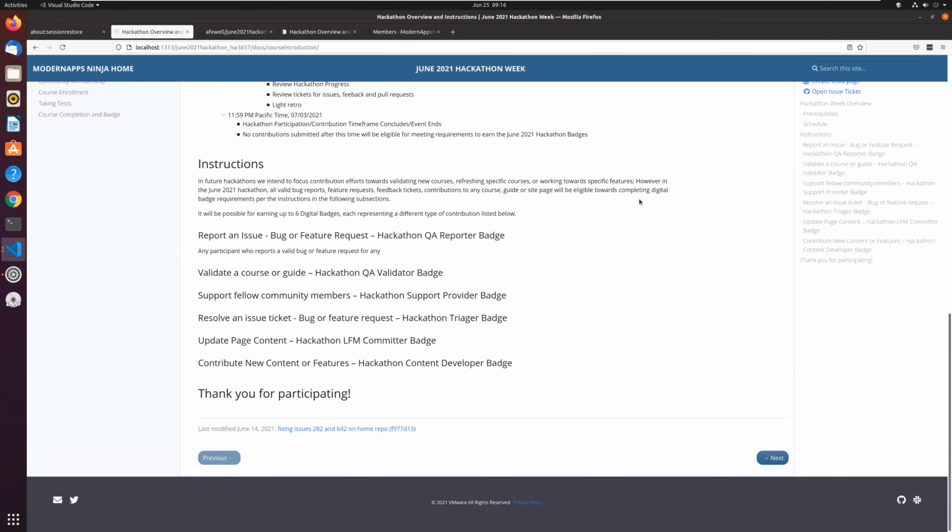But at the same time, it would be equally expected, maybe even more so, to have the digital badge request at the end of the event. I don't plan to wait for the event to unlock the ability to start requesting a digital badge once you've earned it. But again, the main thing right now is just to go do anything. Go do anything, and you'll be earning badge content.